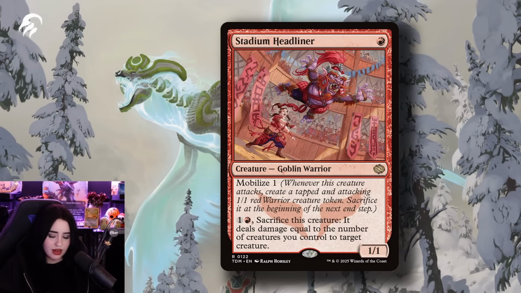For 2 mana, you have an activated ability where you can sacrifice this creature and it deals damage equal to the number of creatures you control to the target creature. This card already slots into a wide variety of decks that are good in standard, like solid tier 2 decks. Think about Goblin aggro, think about Boros tokens, or Jeskai Convoke. I can even see this card maybe being played in mono red aggro, perhaps replacing either Hired Claw or Monastery Swiftspear. I think the card just applies a ton of pressure, and the activated ability has a really sweet effect